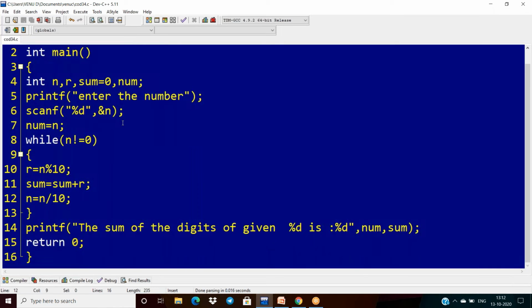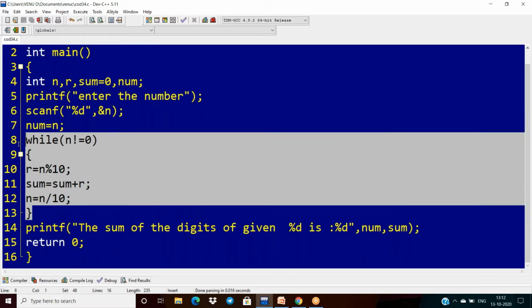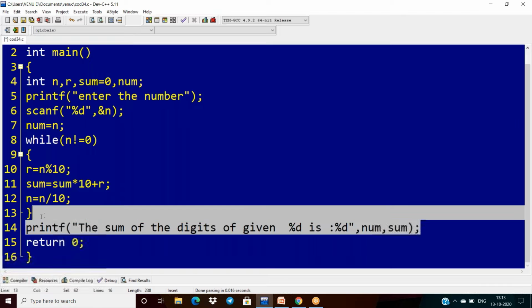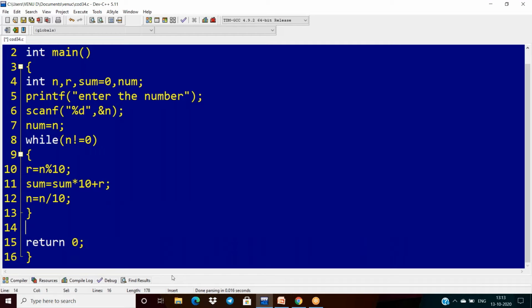Then how to implement the code here? This program is for what here? Printing the sum of the digits of the number. But anyway, this r is what we are fetching, the digit from the number. So I should multiply. Generally, the decimal number system has the radix 10. So I should multiply this sum with 10. Then you will get the reverse of the number. So here first of all I have to print the sum value. After that I will explain in detail.